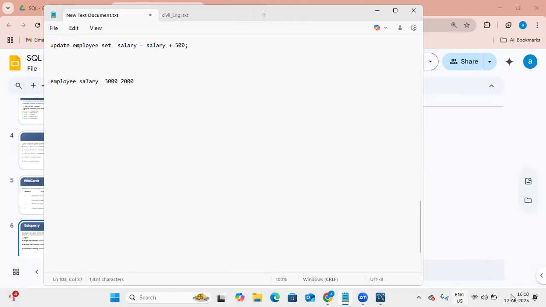Okay, but you want to print the max salary. The first command is select max salary from employee. This will also give you the max salary. Or select max salary from employee where salary is